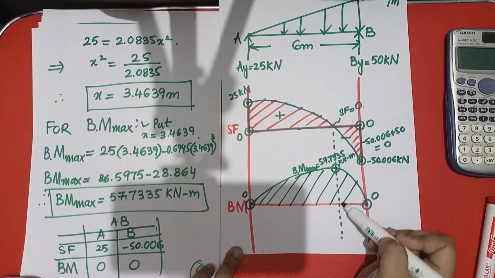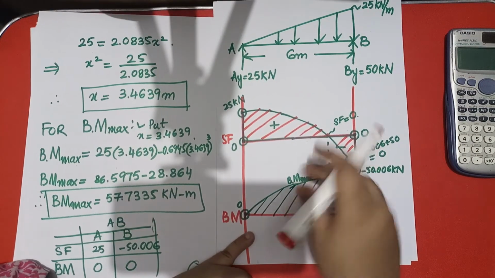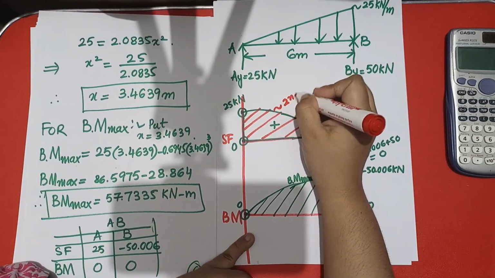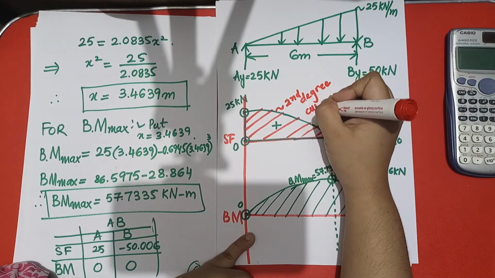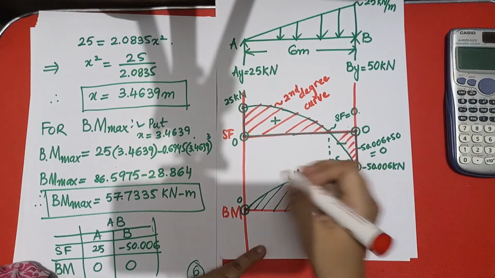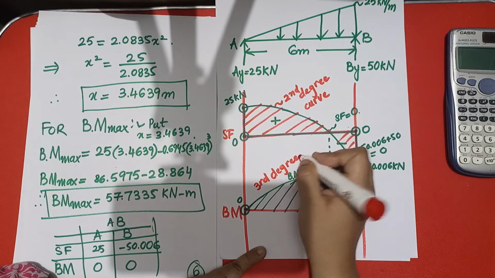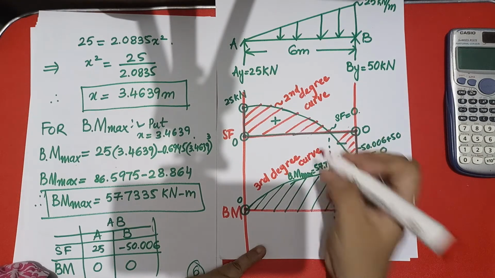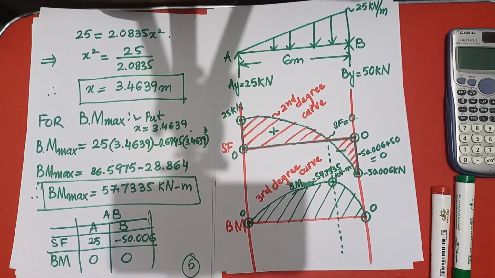You have to make a freehand curve and write it down here. There is no need to check or calculate the curve, you just write it down. This is a second degree curve. Let me make it clear to your teacher that you have drawn a curve over here and this is a third degree curve. The reason behind that, as I have told you, is that the equation of the shear force is a quadratic equation, that is x raised to the power 2, and for the bending moment the equation is x raised to the power 3, so it is a third degree curve.